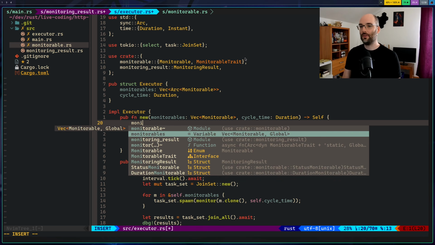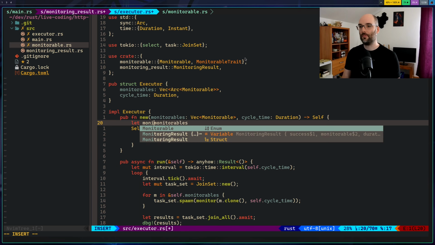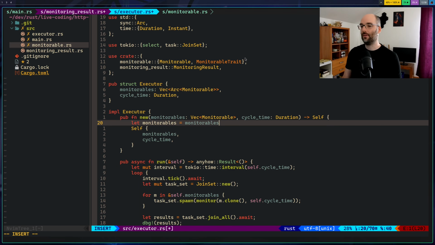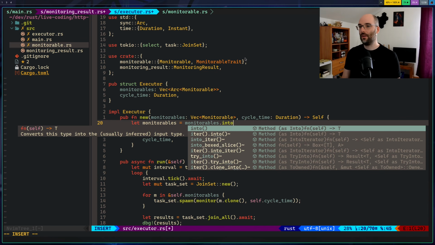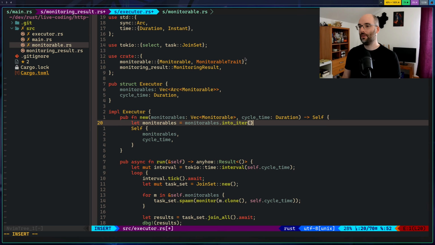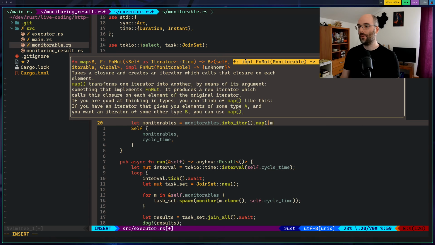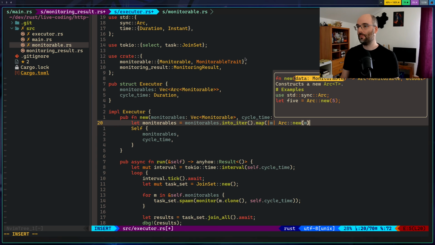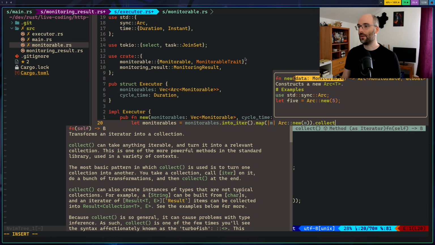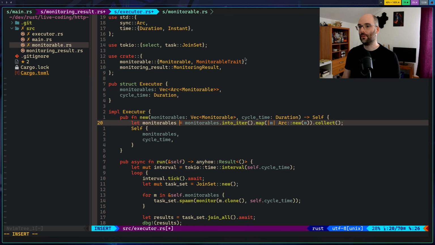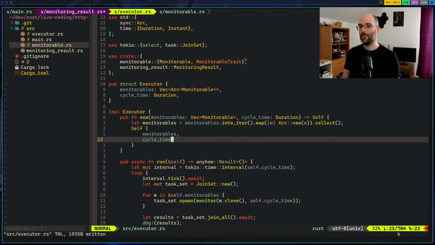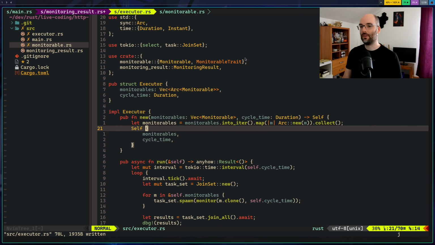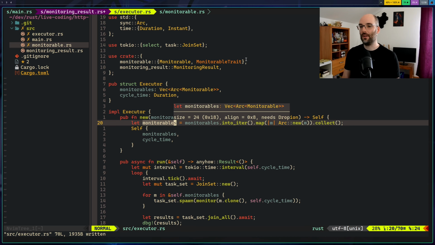So we'll take the monitorables, so use shadowing here, into iter, then we'll map each monitorable to an arc new of the monitorable, and we collect into... Does it know how to do that? Yeah, he knows that he needs a vector right now of monitorables right here, and therefore we don't need type annotations here. Perfect.